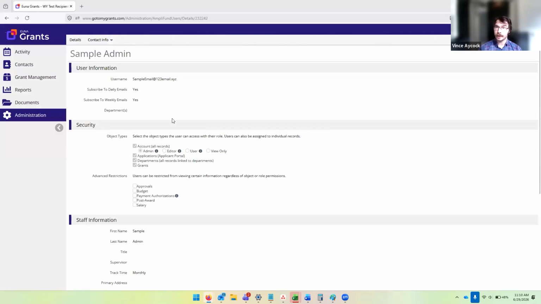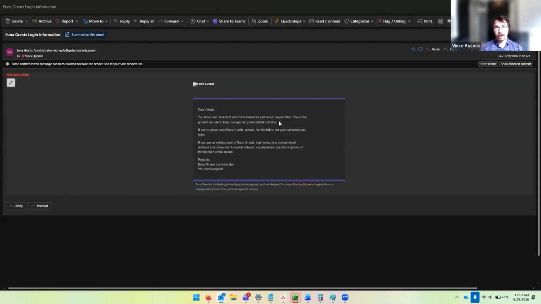Now, if this person already has a UNA account, they'll be able to log in and see this no problem. If they don't have a UNA account, you'll have to click this envelope button in the top right to send them an invitation. And that'll send an email that looks like this, which will instruct them, hey, you've been requested to join an organization in UNA. Go ahead and click this link to set up a password and login. And from there, it's exactly like how it was when you first logged in as a member of the organization.